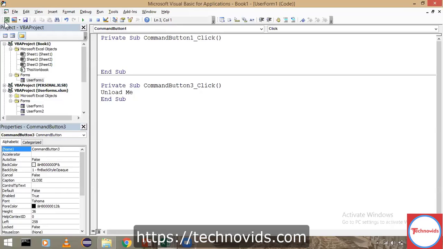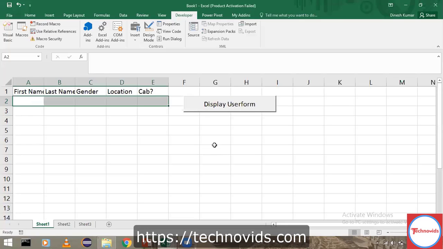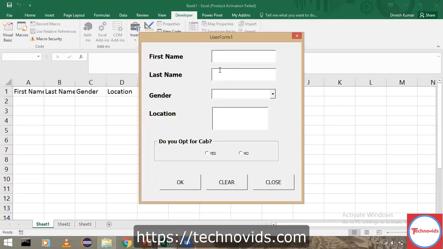Let's go back to Excel once and display the user form. I just type some data here. As of now, we don't have anything in the gender and location. We'll code that as well. Let's say I select this. Now, if I clear this, what happens? Clear refers to clearing all the things which we entered.